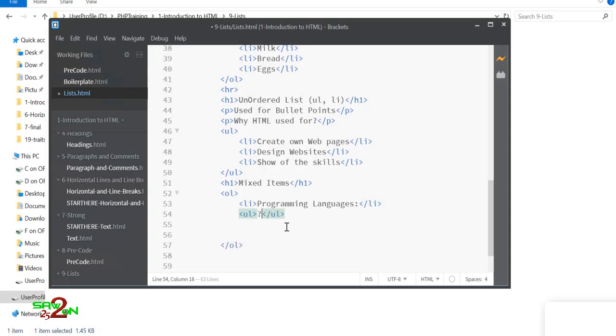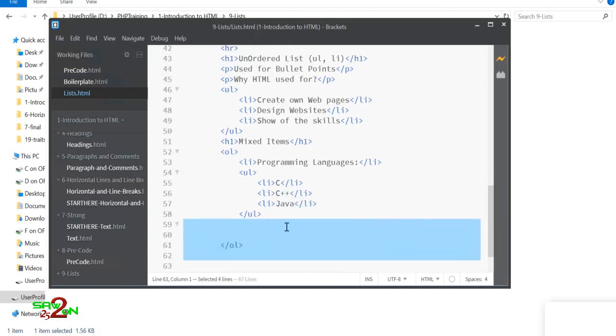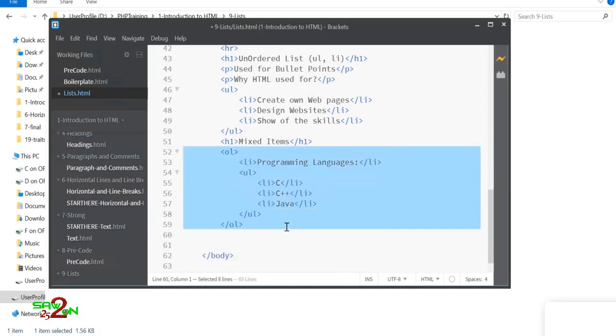You can say UL, you can have LI, you can say C, C++, and you can say Java. Okay, so when you see the output, you have the ordered list and you have the unordered list.